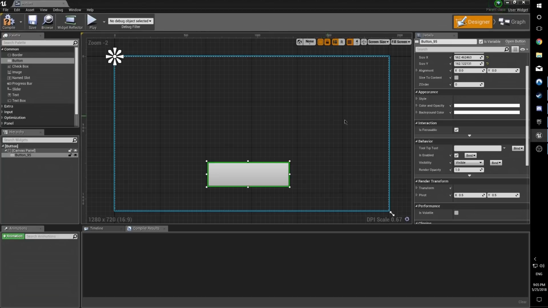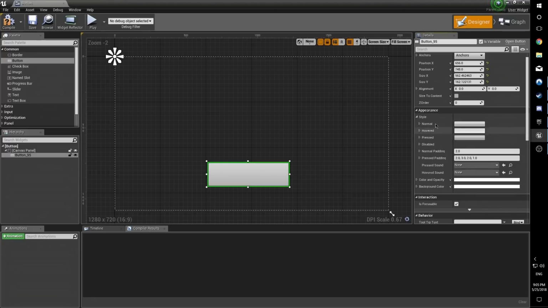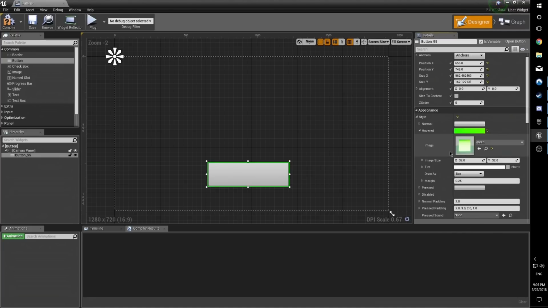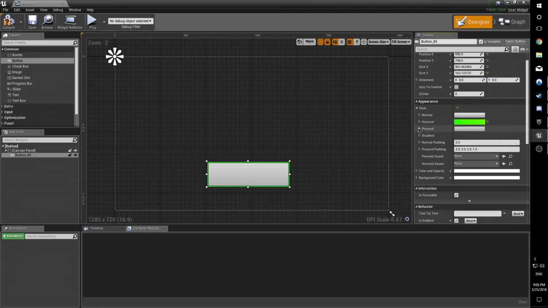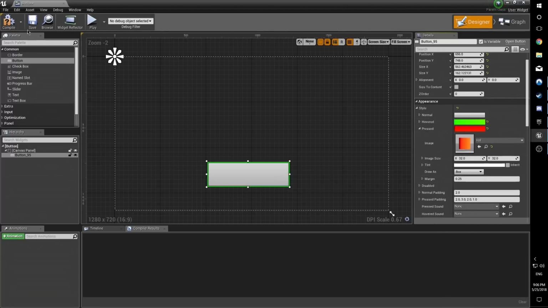Save early, save often. Now, over in Appearance, if we click on Style, we'll notice Normal, Hovered, Pressed. So over on Hovered, we'll expand that, and we're going to change it to green. Then for pressed, we'll do the same thing, only click red. We'll save it, compile it,